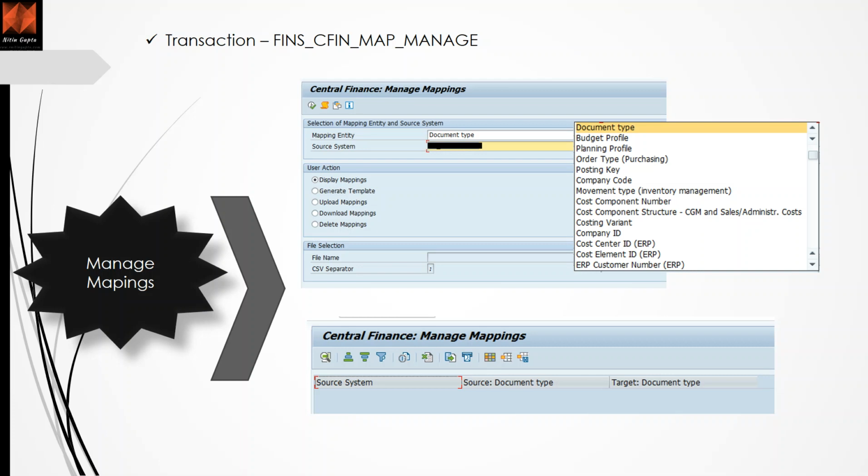It's very easy. And of course, at the bottom part, you have the option of downloading it into Excel. You can filter it if you want. For example, I have downloaded in source system A all the GL accounts, but now I want to filter on chart of accounts. So you can filter the data based on chart of accounts level or any particular criteria given in the table. So that's about managing mappings.